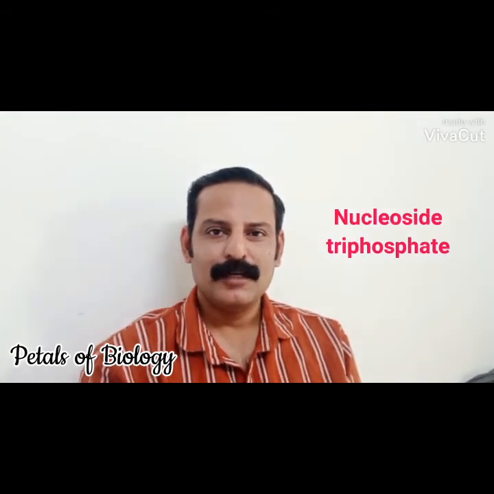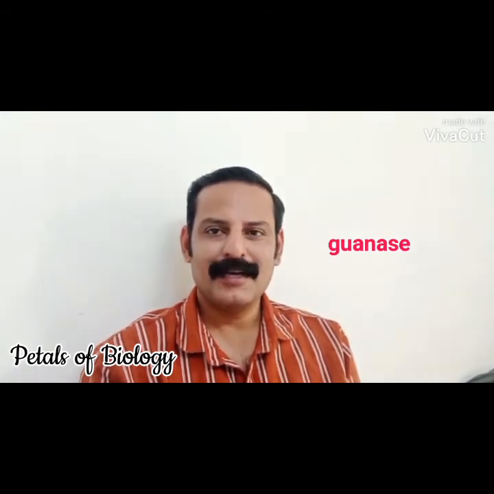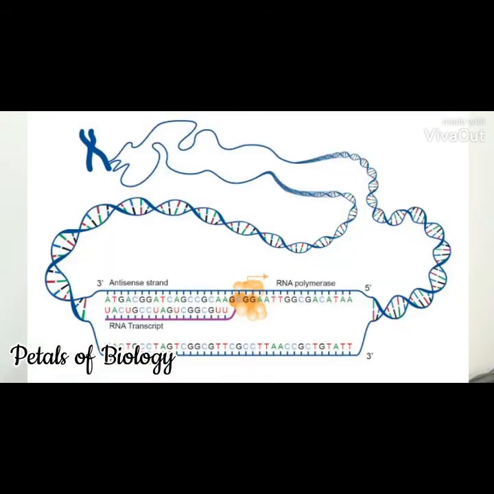The nucleoplasm contains many enzymes which are necessary for the synthesis of DNA and RNA. Most of the nuclear enzymes are composed of non-histone proteins. The most important nuclear proteins are DNA polymerase, RNA polymerase, nucleoside triphosphate, guanase, aldolase, etc. The chromatin fibers present in the nuclear matrix condense to chromosomes during cell division, and they are the sites of nuclear activity such as replication and transcription.